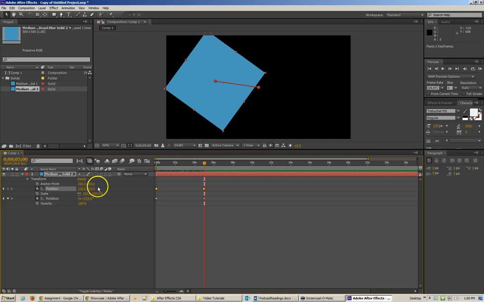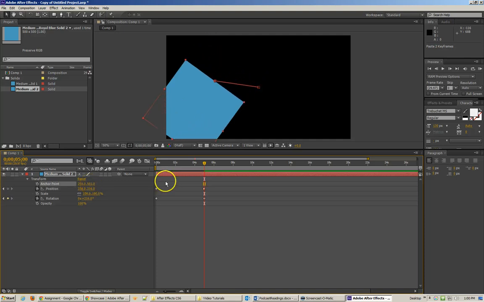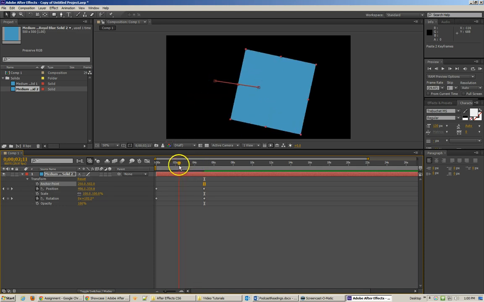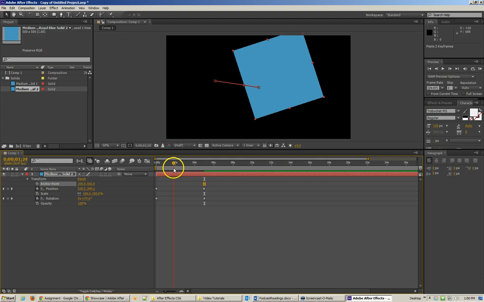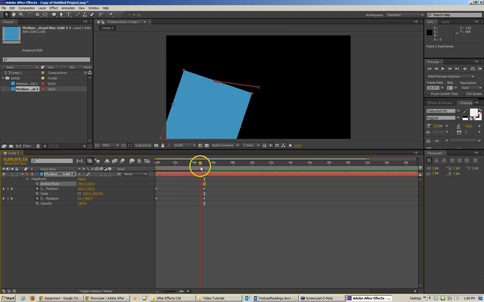That's because the anchor point in this object is currently in the center of that object. If you remember, our solid was 500 pixels by 500 pixels, so our anchor point is at 250 by 250. If we change our anchor point to another place, you'll see that we are changing the position that is used as the center point of that object, and we completely change the way that animation works. And notice that, of course, you can have your anchor point completely animated separately than your position points. Even though we copied and pasted one to the other, you can, of course, create your own